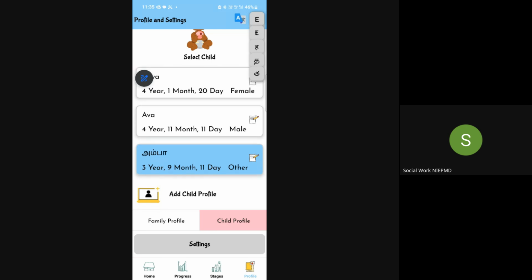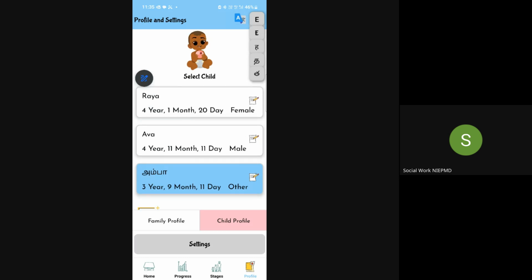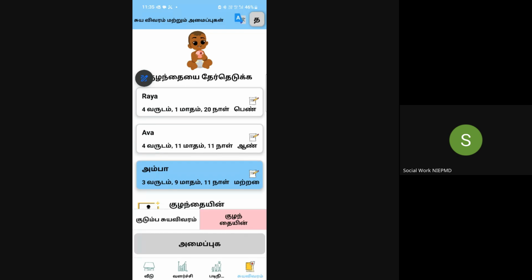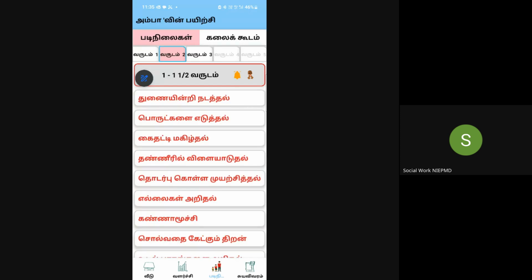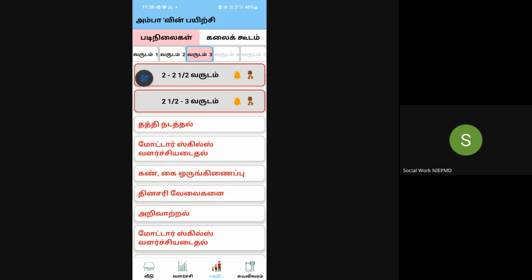The important feature of this app, like I told you at the start, is that you can change your language at any point in time. All you have to do is either go to the profile or at the start page, click on the rightmost list. Now I've instantly converted into Tamil. So you can see in progress, in Valarchi, in Payirchi, in all of these, you can